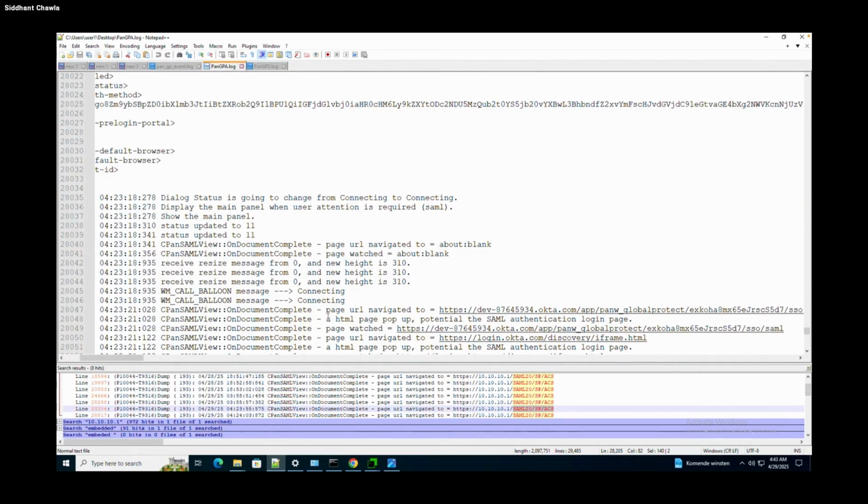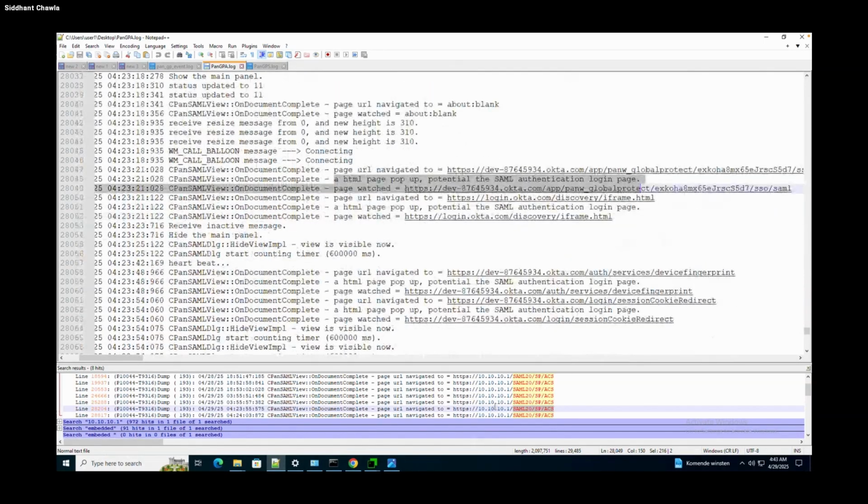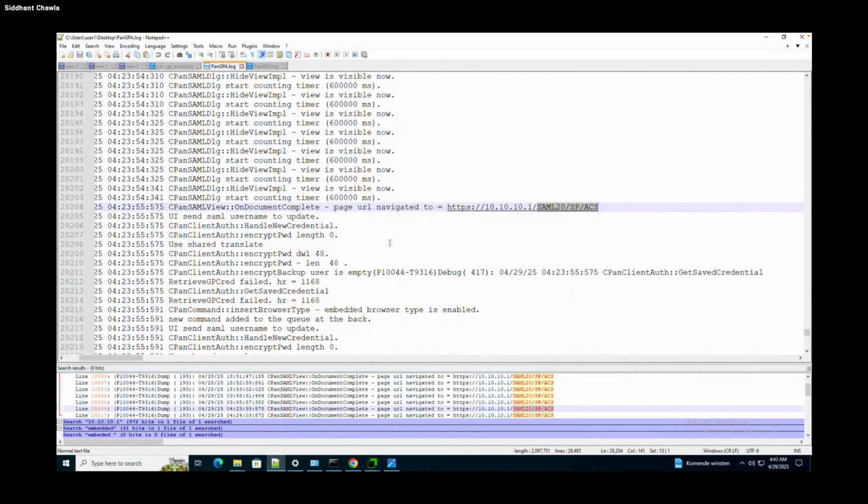Above this, it navigated to this HTML pop-up, and then the next one, it navigated to the ACS URL. So this is the URL. It is being received from the IDP so that the browser will initiate, or the GP application will use the browser to initiate a separate connection to share the information to the firewall so that the firewall can authenticate and generate a SAML pre-login cookie,